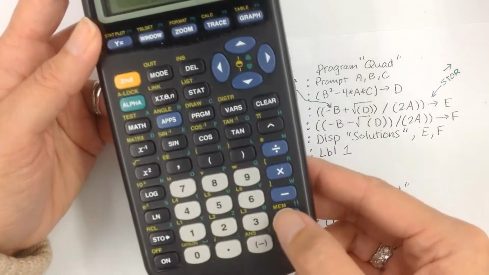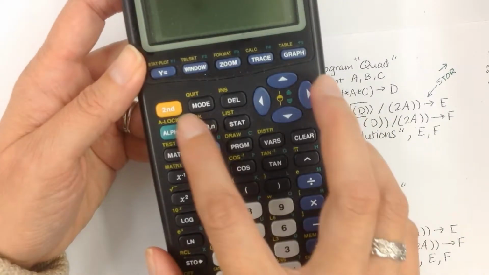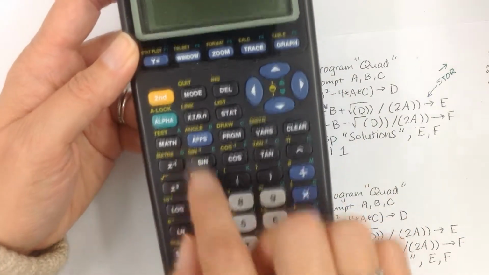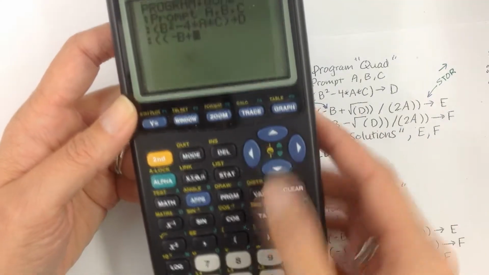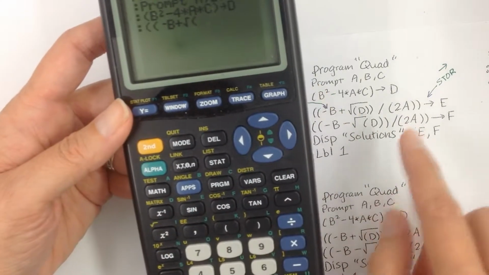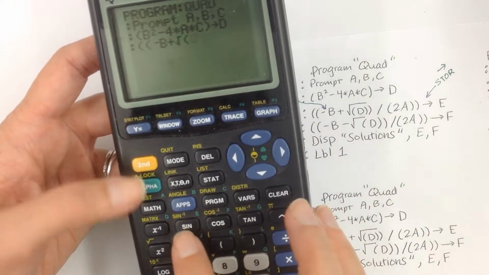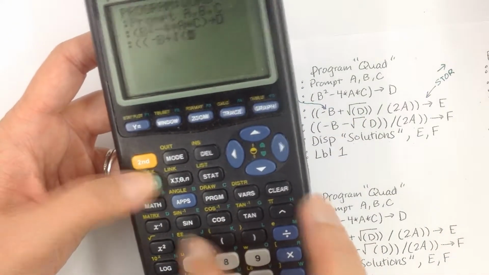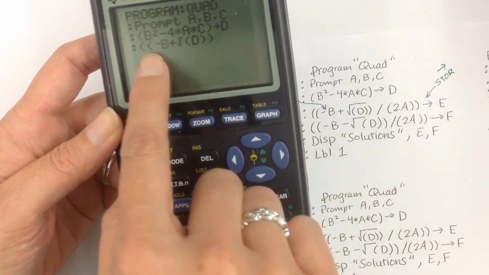plus square root of D. So square root right there. Second square root of, oops, that's not a square root, second square root of D. So it puts that parentheses there. You don't need to put it there. Alpha D. And then 2 parentheses ending, because we have 2 parentheses here,